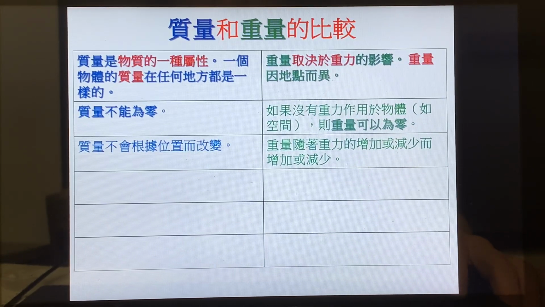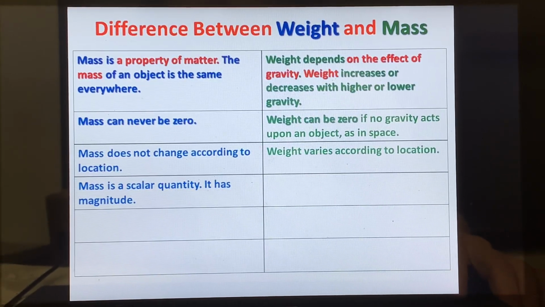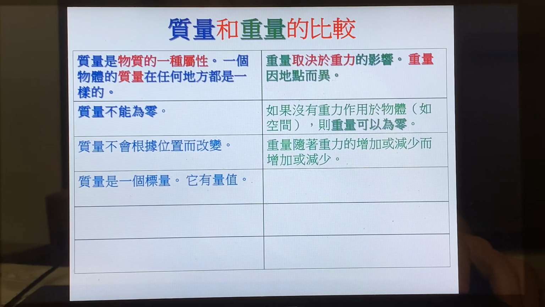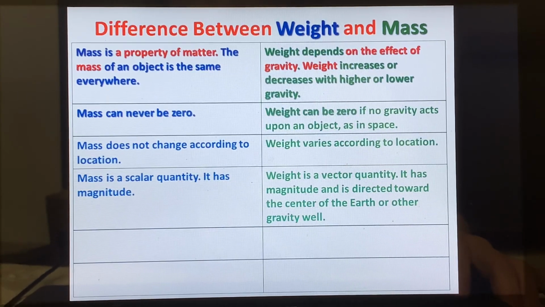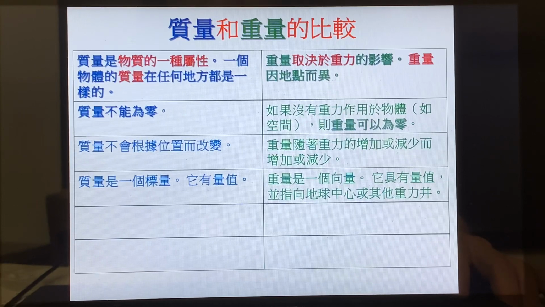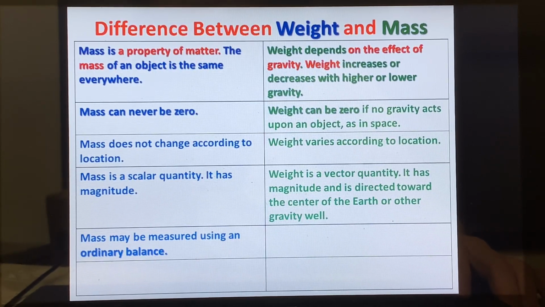重量会随着重力的增加或减少而增加或减少。Mass is a scalar quantity. It has magnitude. 质量是一个标量，它有量值。Weight is a vector quantity. It has magnitude and is directed toward the center of the earth or other gravity well. 重量是一个向量，它具有量值，并且指向地球中心或其他重力井。